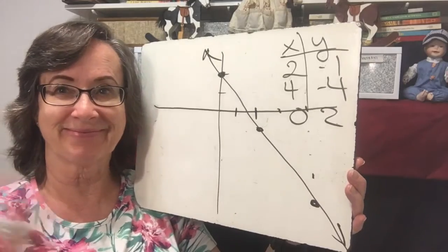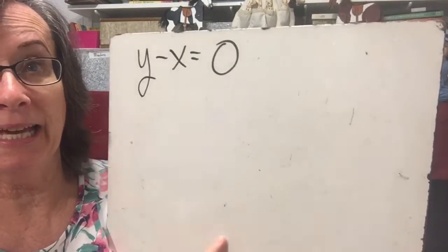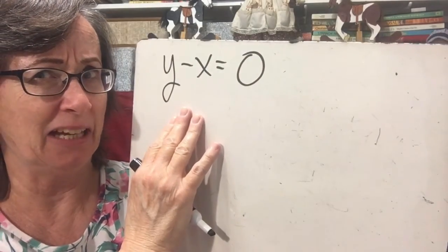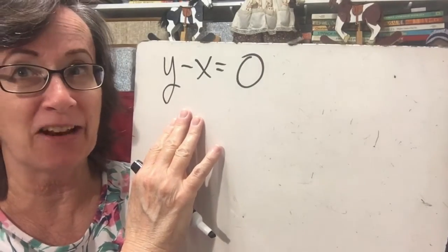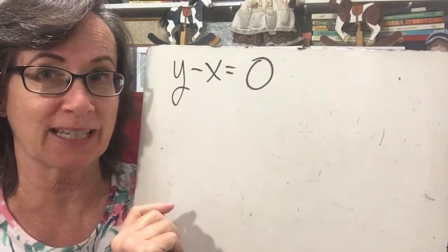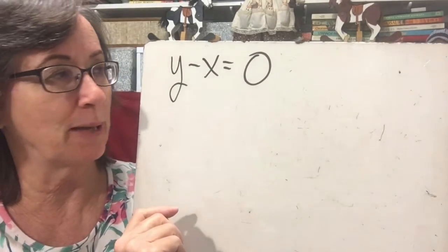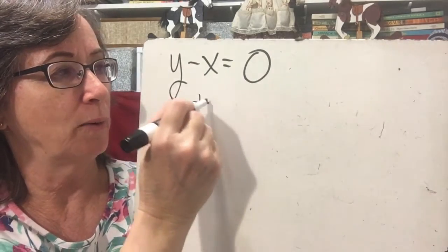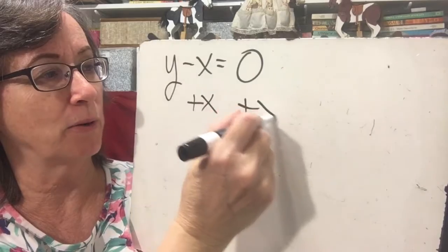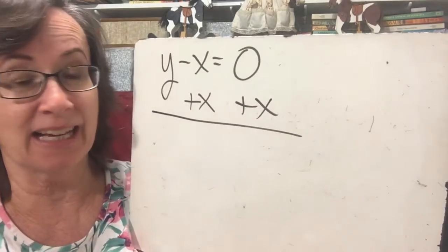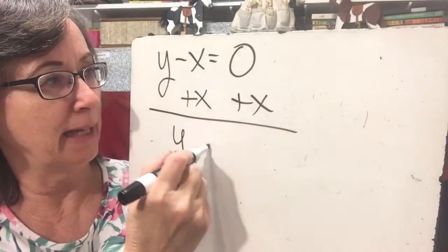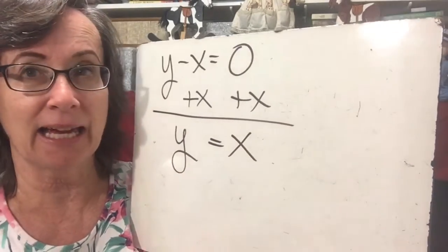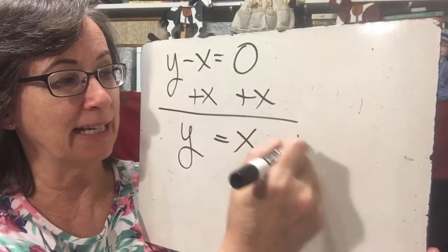So on example 6, we can see that this is not in any of our forms, is it? It's not in standard form. Standard form has the x first. Okay, it's not in slope-intercept form, but we can easily turn it into slope-intercept form, which is the solve for y form, by just adding x on both sides. y equals x. This is a very famous line. This line is called the identity line,